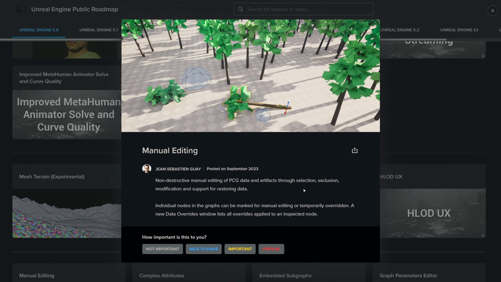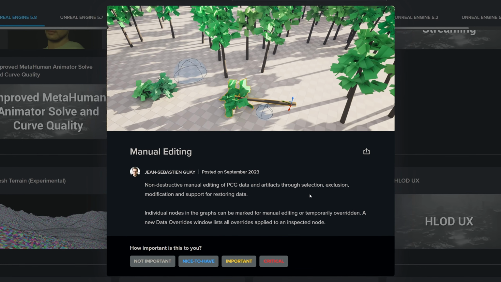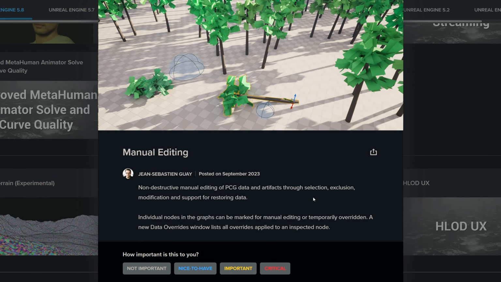2.5 years. 2.5 years I've been waiting for manual editing to finally come to PCG, and finally we have it here in the preview. Now it is still a 5.8 preview, so not everything is in, but I'm just very excited about this, and I just really want to show you guys the basics of it, because it's